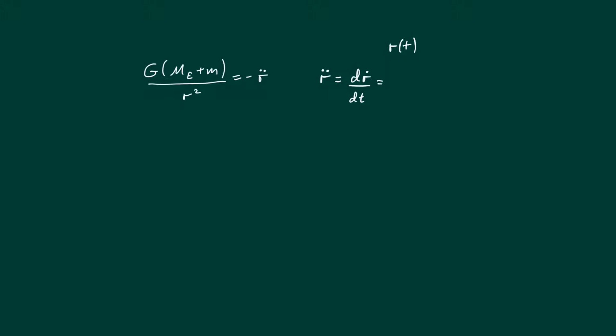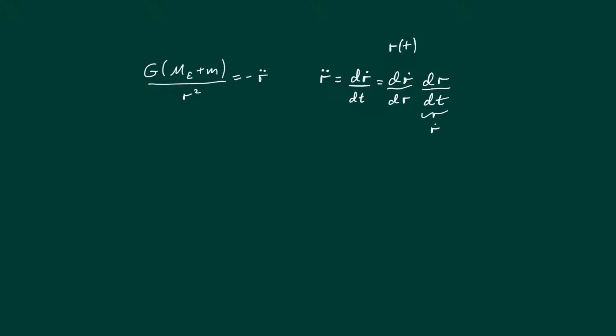So it's the chain rule we apply here, and we can write down this, and this vector is